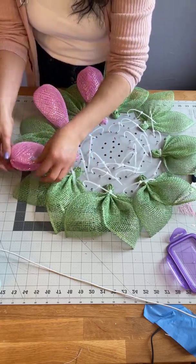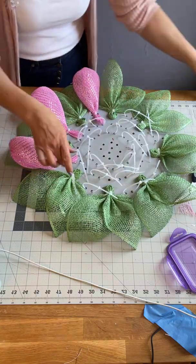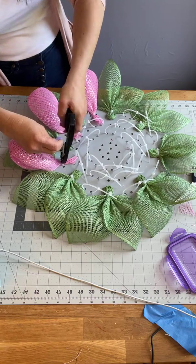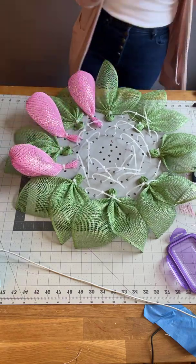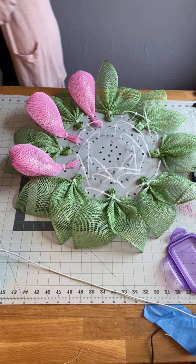Okay, so we are going to finish row 1. Sorry, it is row 2. It is row 1 for us that started working. Okay,